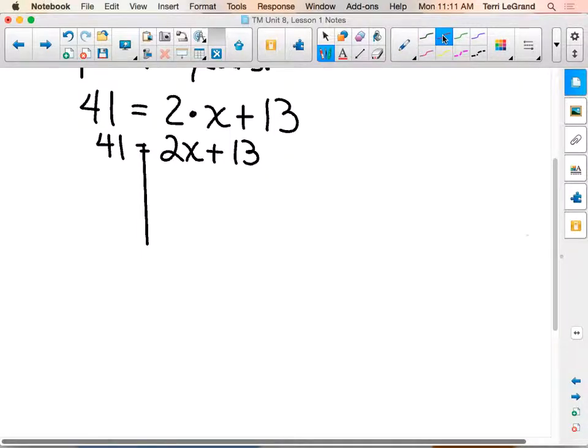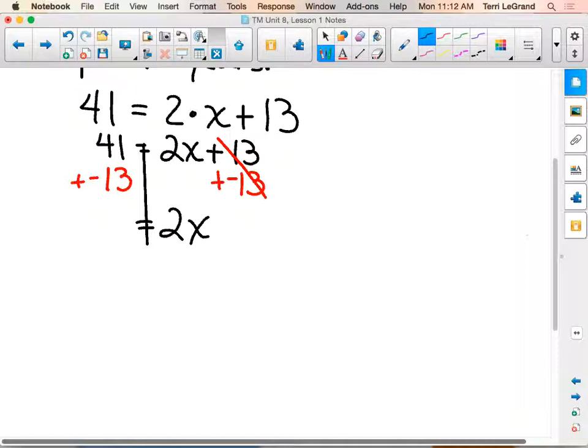We need something that will zero pair those guys out, so we need 13 negative tiles. And if we add them to one side, we have to add them to the other side to keep it balanced. Well, over here, they zero pair out all of those. We have 13 zero pairs. And we end up with 2x by itself over here, don't we? What's going to happen over here? We have 13 red tiles that are going to do what? Zero out with